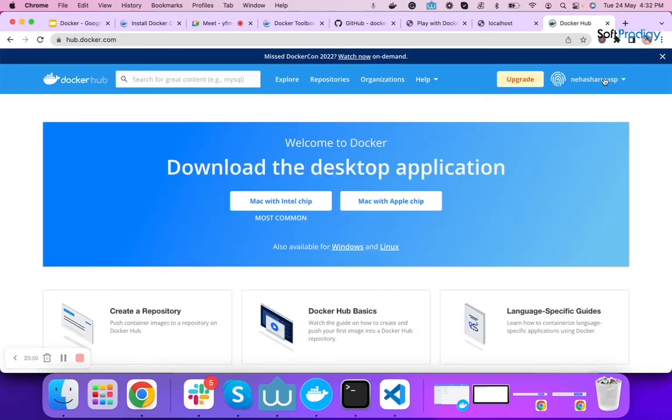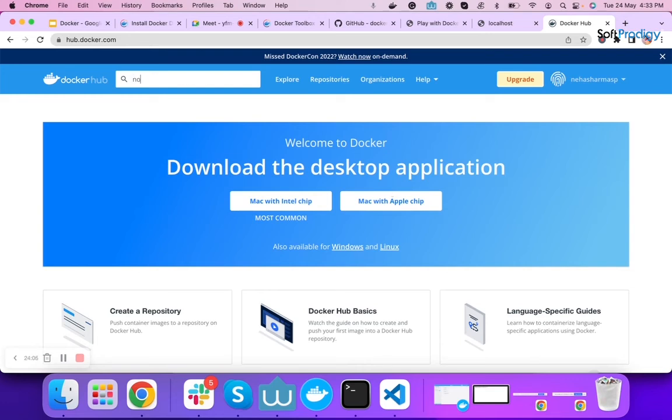After logging into your account, you can go through the multiple existing images on Docker Hub.